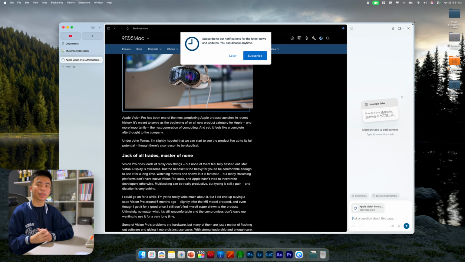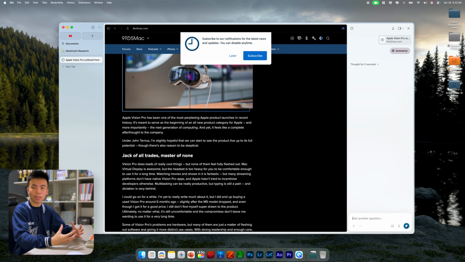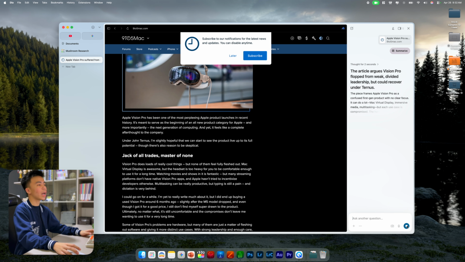What makes it different is the skills feature, basically enabling me to have a preset of commands enabled for the AI on the browser. If I just click on slash, it automatically presents me with preset skills that I can use, like reply, review this content, or generate a table of contents. Or I can make my own, like these 3, but I'm going to use summarize, and I can just click. I don't need to type out anything. It already presets the prompt ready for me to use, and it already generates a summarization for me,